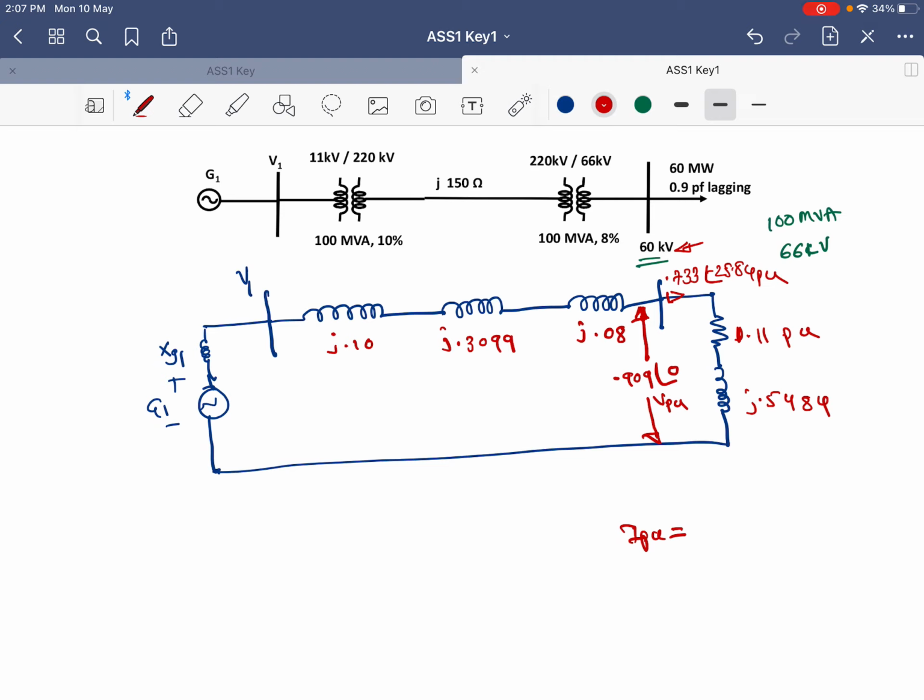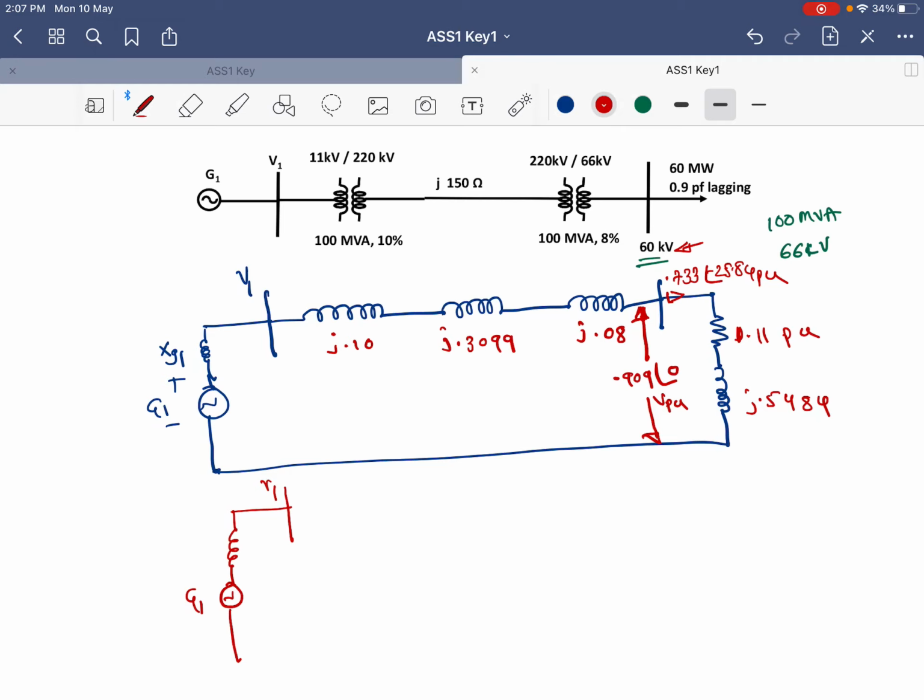This is the final circuit we have got. First you have to draw the per unit reactance diagram, finding V per unit, I per unit, and all the reactances in per unit. Now I am simplifying this diagram. Here the generator is as it is. I am not touching the generator circuit, and here it is V1. The reactances are all connected in series.